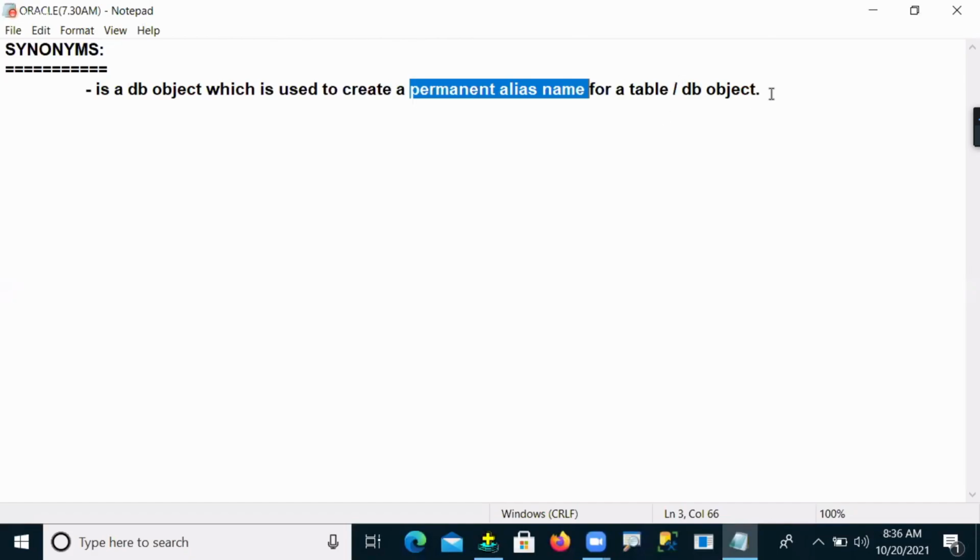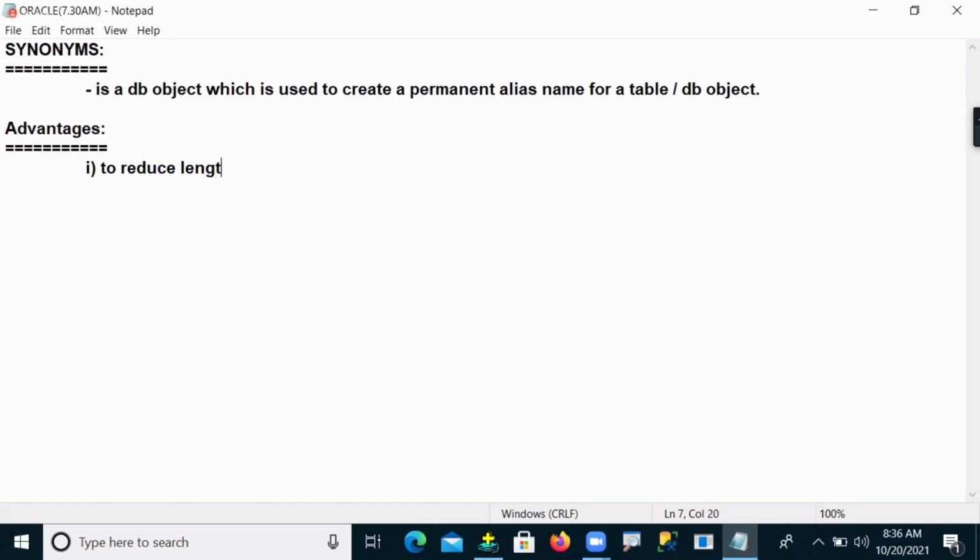But what is the synonym advantage? Why do we need to create a synonym? There are two advantages. One is to reduce lengthy table names.